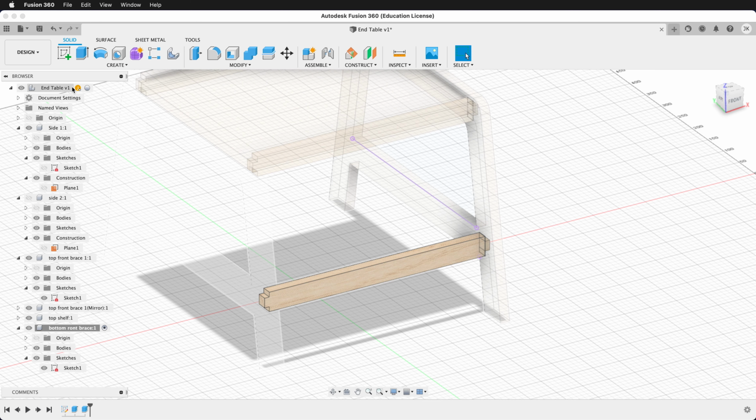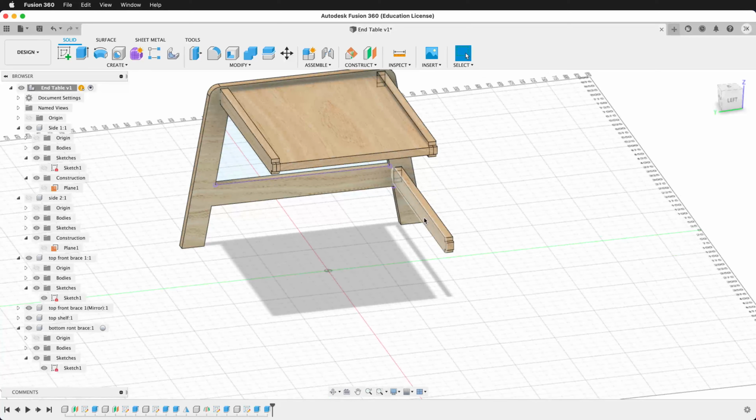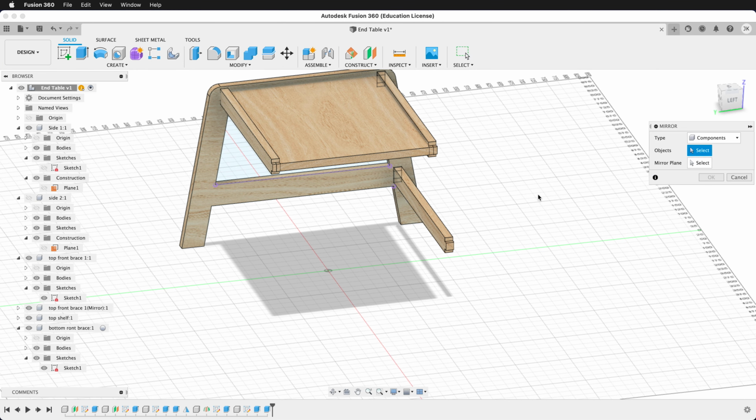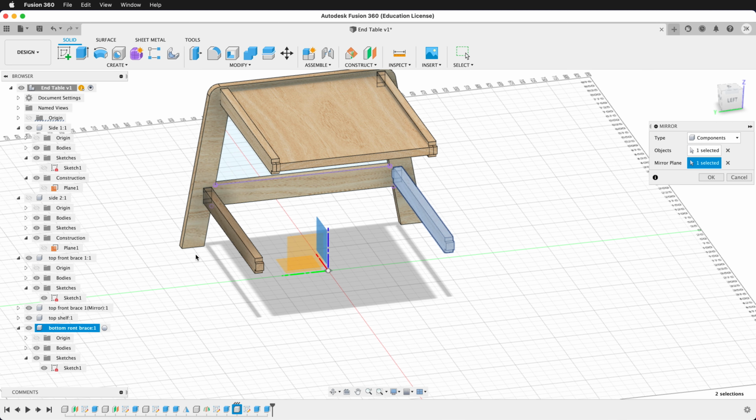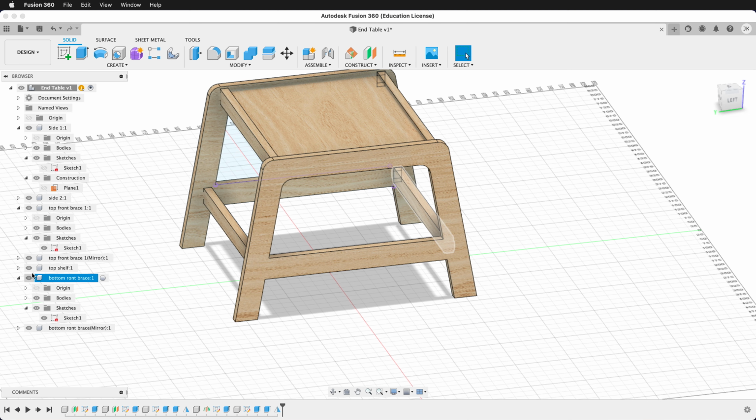We can reactivate the top level component. And we want to create another mirror. This time we want to mirror this brace. So we'll create mirror. Components is selected. And then for our mirror plane, once again, we'll have the center plane. And press OK. I'm going to go ahead and hide the top shelf